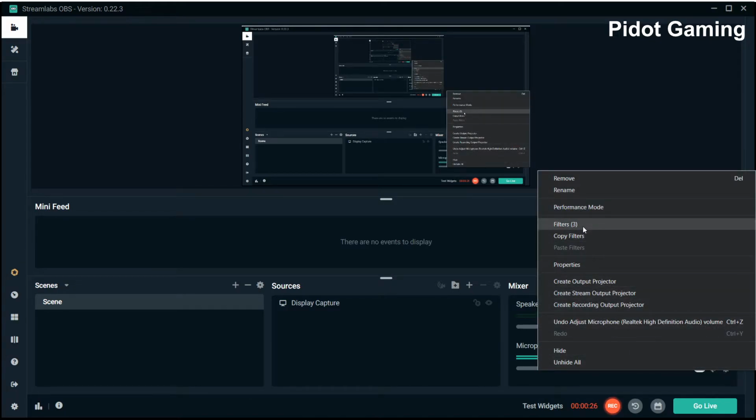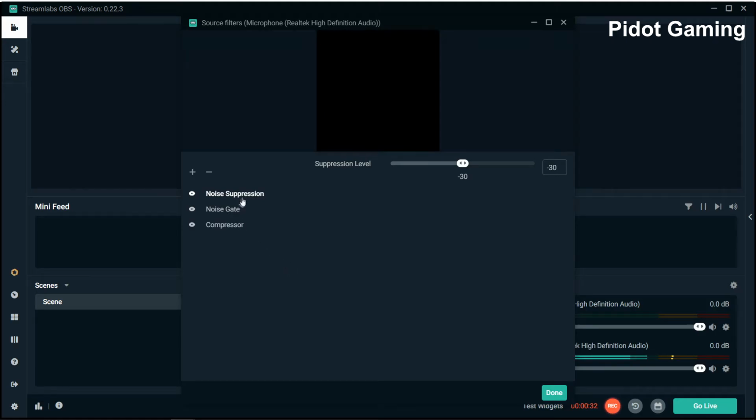I chose 3 filter to put in my microphone. Then you will see noise suppression, noise gate, and compressor. Okay, I will tell you a little bit about the noise suppression, noise gate, and compressor. Okay, about the noise suppression,